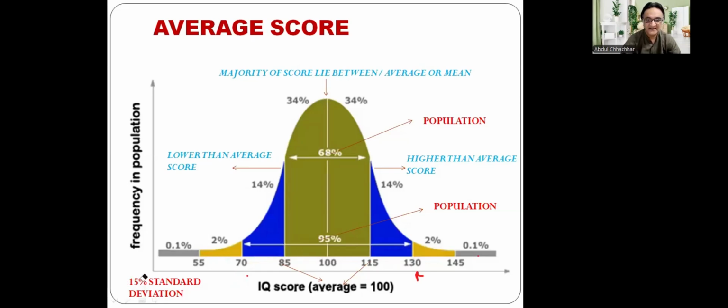Next thing is the average IQ level of the population is 100. And you can see here these are the two others, the averages of 68% and 95%. So I'm going to explain how we are going to calculate these two components. But before that, let me show you the